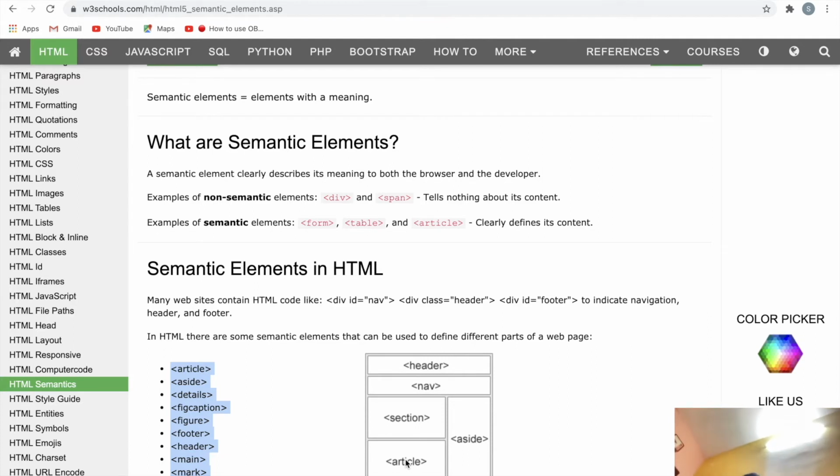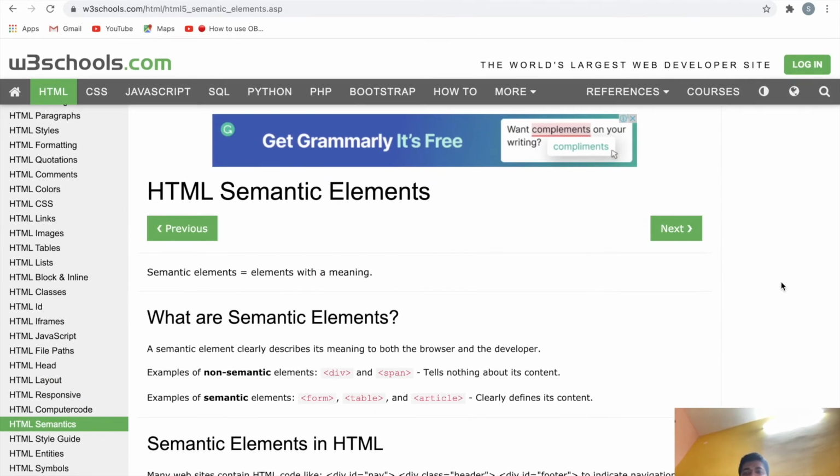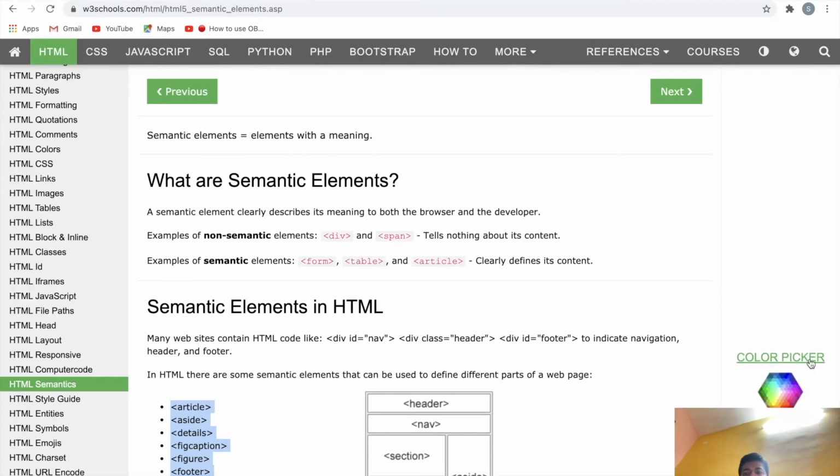Article means when you are writing some bigger topic, related to politics or movies or whatever it is. If you want to write a topic on anything, you can use the article element. Aside means, let's say you want to write something at the side of the page, you can use the aside element.